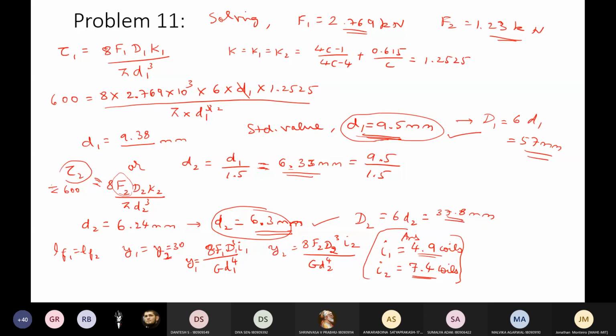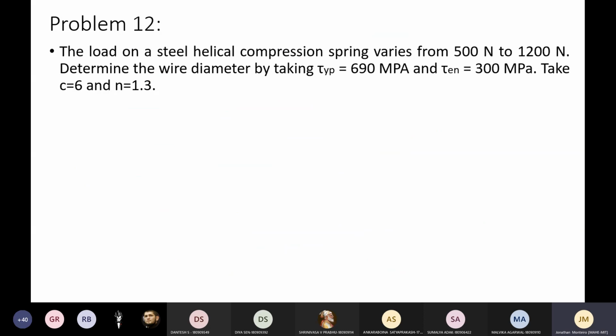Okay. So one more problem we'll just see. It is a different one, that is, till now we had used only static load. Now what if we use a little bit of dynamic load? What will be the dynamic load concept? That is varying load. We know in actual practice all problems are subjected to varying load, especially the suspension. I'll just take down a very small statement, but we'll understand how it works here.